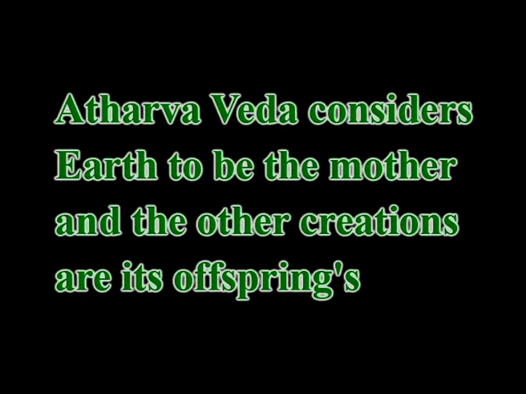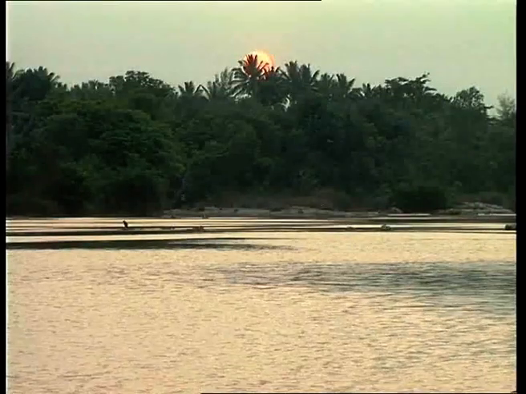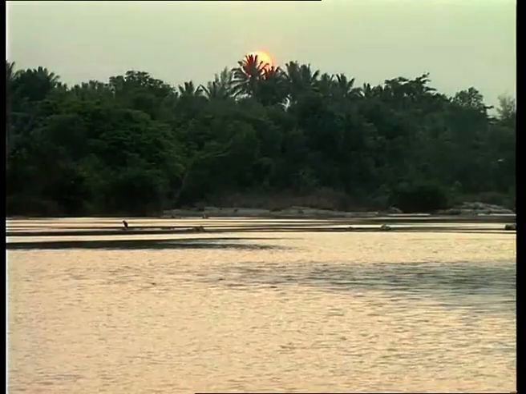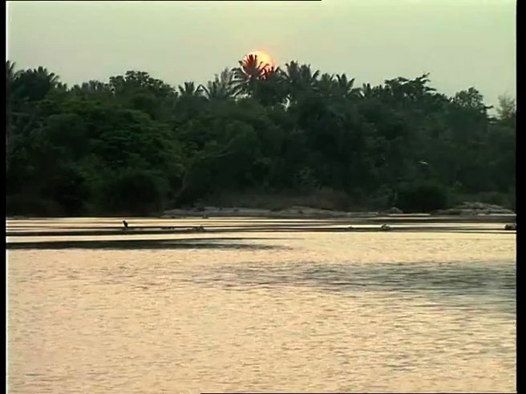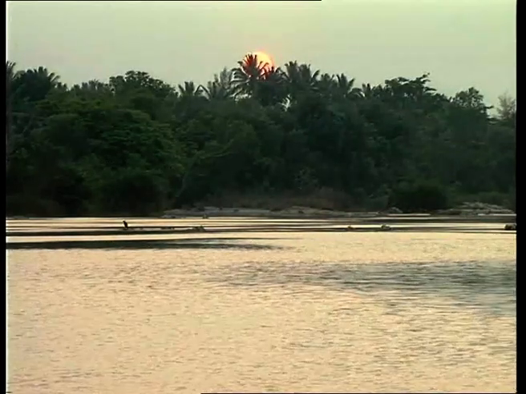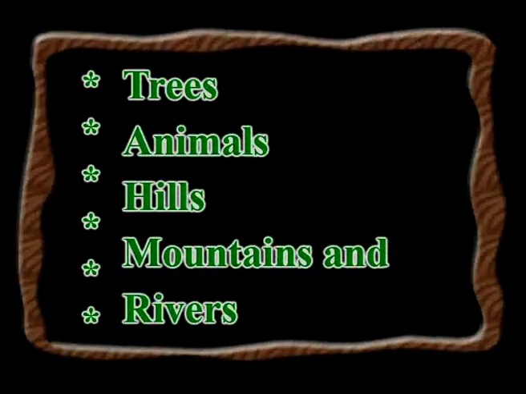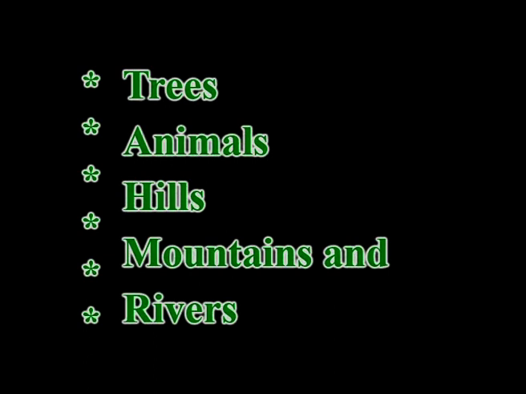Atharva Veda considers earth to be the mother and the other creations are its offspring. Man has thus no right to destroy the valuable creation of God. Respect of nature, environmental harmony and conservation through trees, animals, hills, mountains and rivers are worshipped as symbols of gods